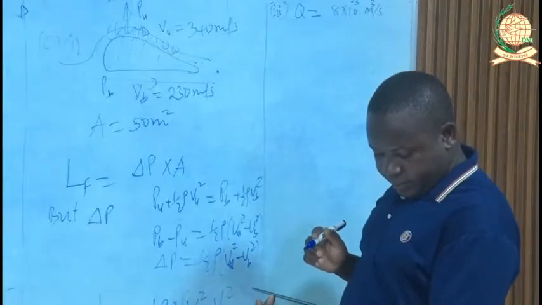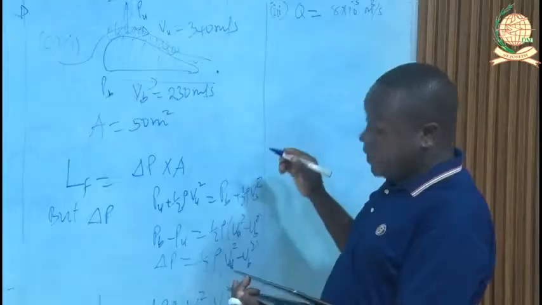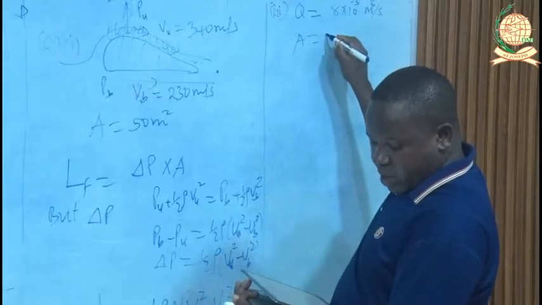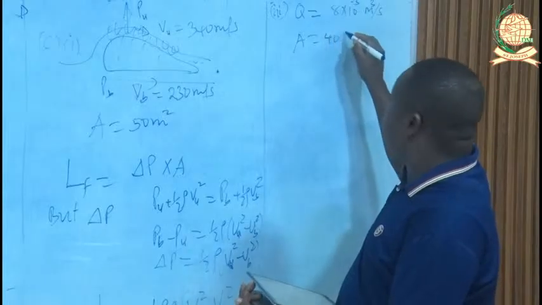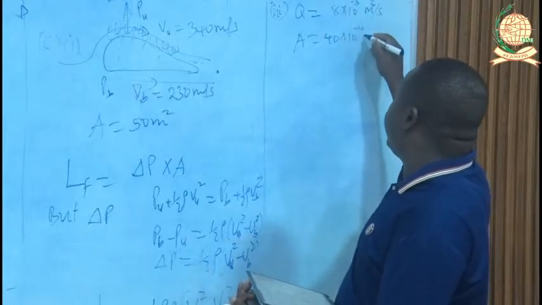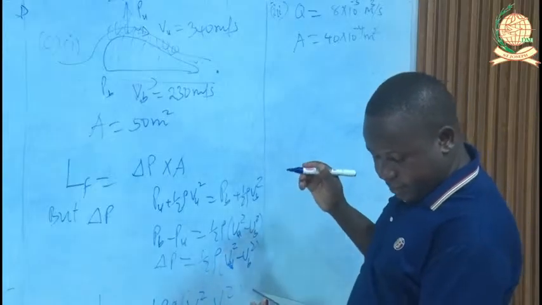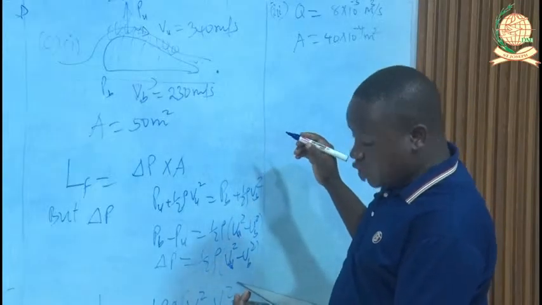Cross section area to be 40 times 10 to the negative 4 meters squared. Find the total pressure if static pressure